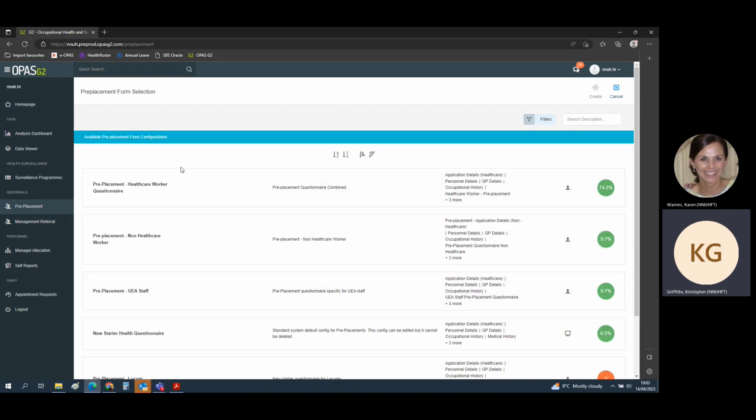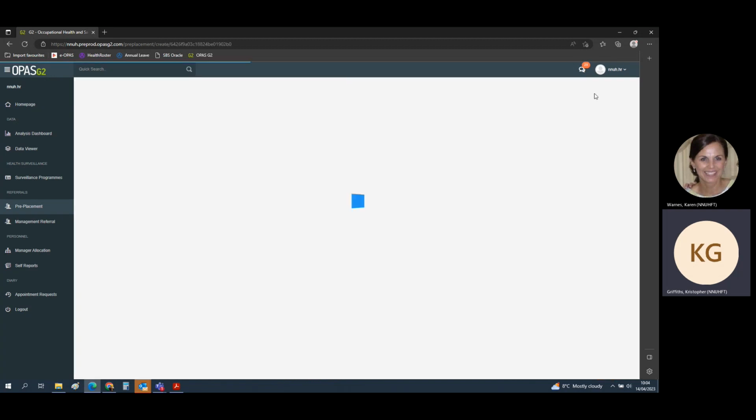So by clicking, you will then have some options that are listed for which will be relevant to your organization. So at the moment, because this is a pre-production system, we have all of our various options for various different customers. You won't necessarily see all of these. You may have one or two depending on your organization. So you simply need to click the most relevant one for the candidate. So let's choose a non-healthcare worker. It will highlight green and then you press create